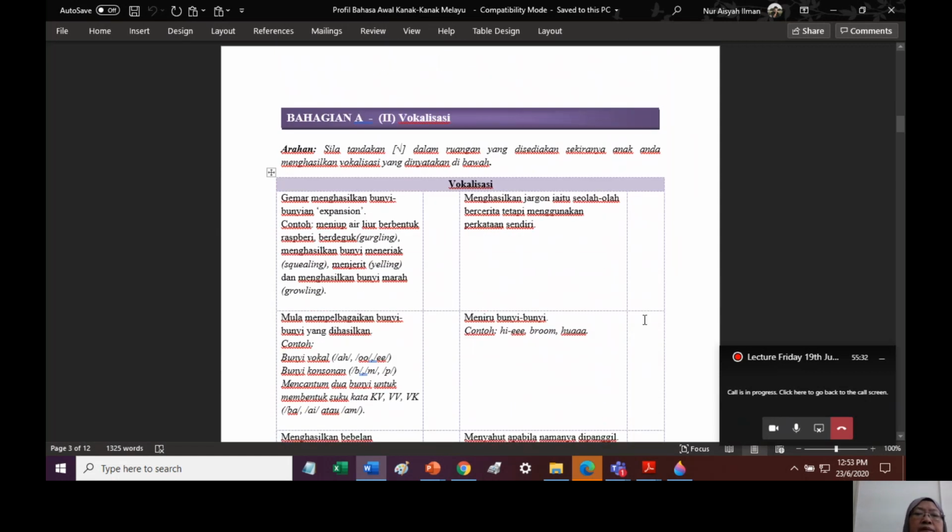Dan part A2 ialah vokalisasi. Kita nak tengok dari segi vokalisasi, menghasilkan vokalisasi yang dinyatakan di bawah. Sila tandakan dalam ruangan yang disediakan sekiranya anak anda menghasilkan vokalisasi yang dinyatakan di bawah. Jadi ingat masa kita bincang tentang parent report tadi, kita kata it is valid in a way because we are asking the parents to indicate at the present time what their child can do or cannot do. Okay, so